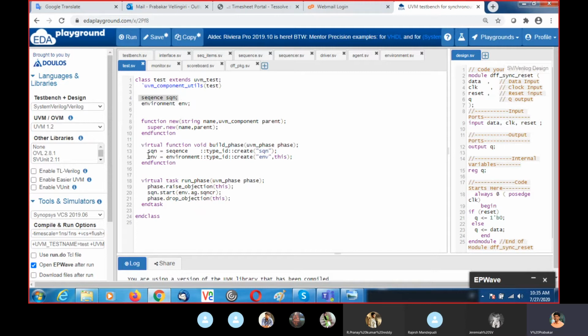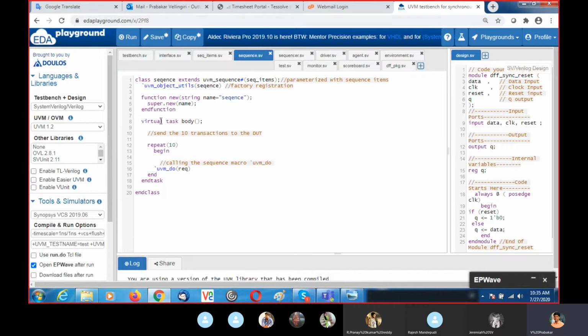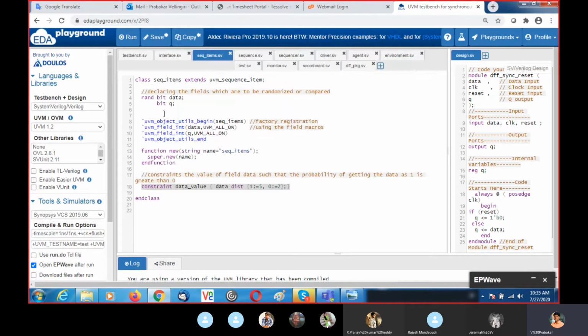Here we are instantiating the sequence. First we will see the sequence. A sequence is nothing but a generator. With the help of the sequence item, it will generate the sequence. I already discussed the sequence item. Here, this is the sequence item.